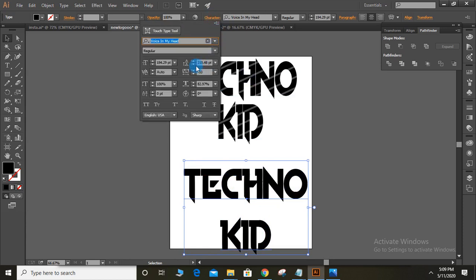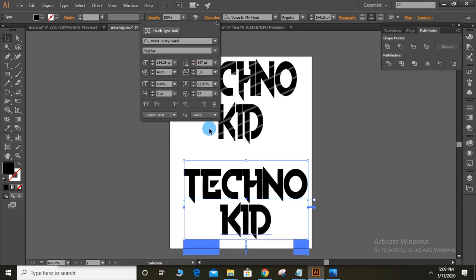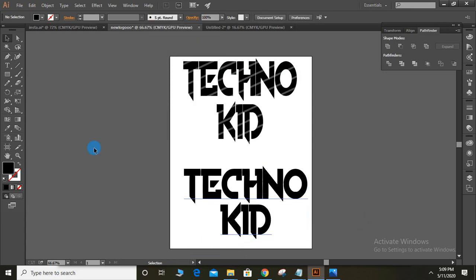Make them a bit closer, like this. Yeah, I hope it's okay now. Similarly, we can decrease the distance between the fonts, and I think that's okay. The font I use here is Voice in My Head. So let's start now. Draw a simple